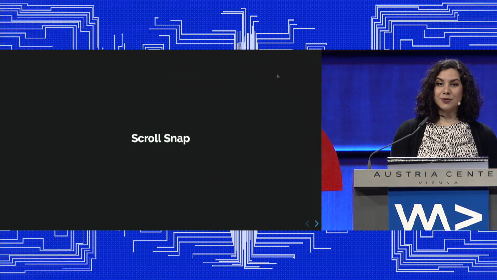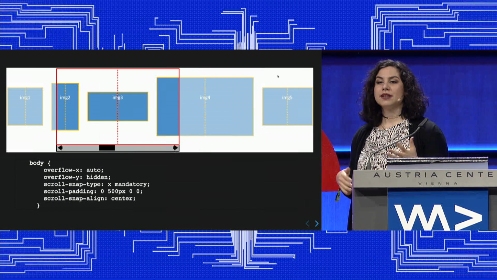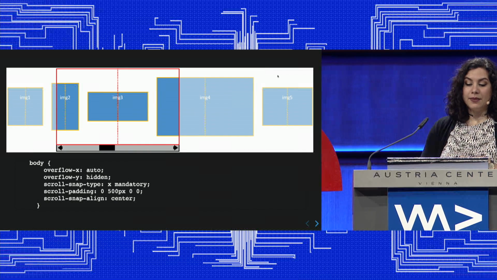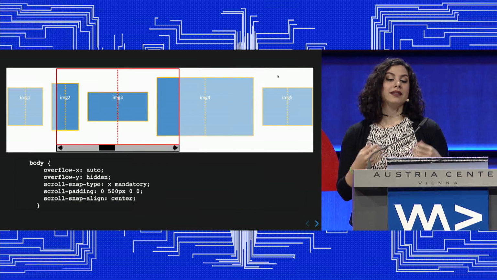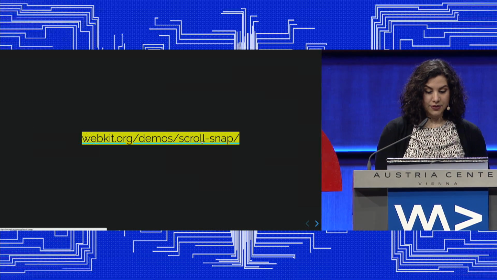Next thing I want to talk about is scroll snap. Scroll snap allows us to snap to various elements on our page. So this could be X or Y. You can have scroll padding. You can set the alignment. There is a great demo website that I'm going to open here to show you